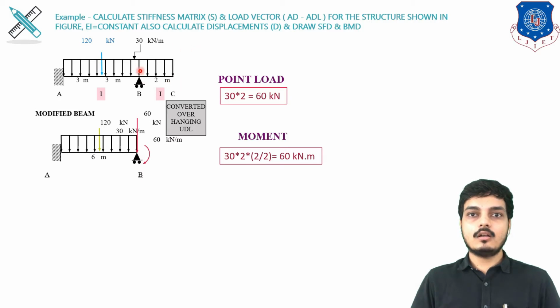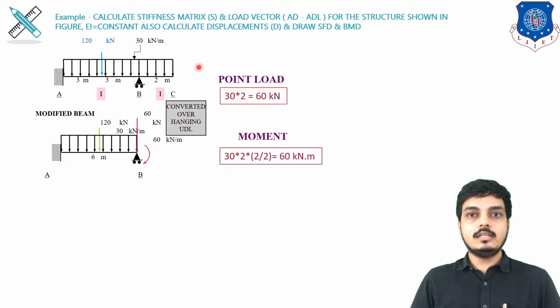As I am saying, because here you can see a cantilever portion is given. So how to solve this cantilever portion? Let's understand. You can see that support A is a fixed support, support B is a roller support, but there is no support at C. So BC span is a cantilever.